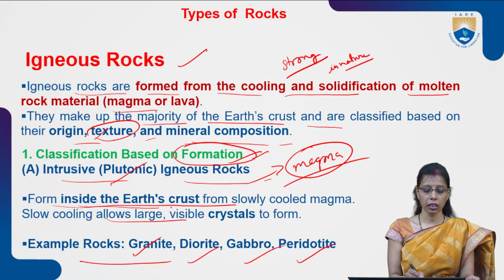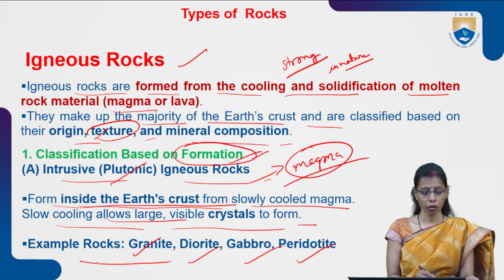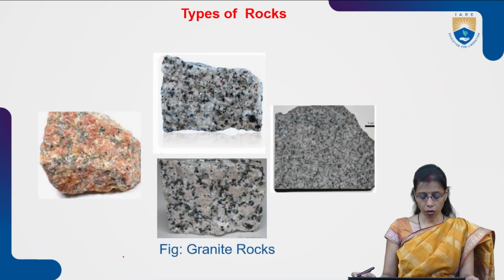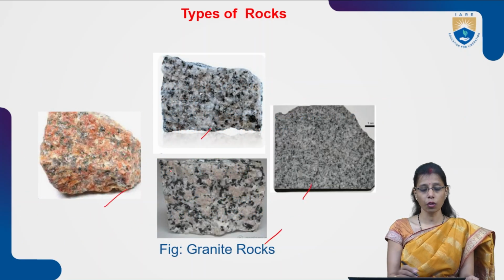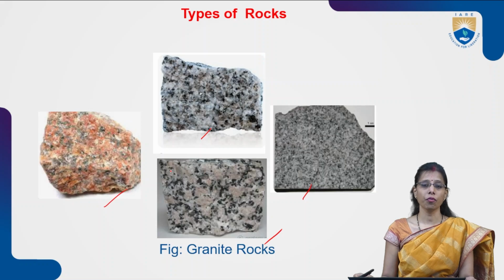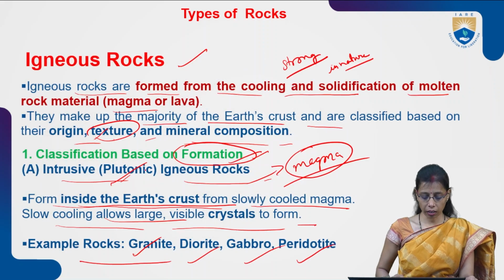Now from inside the earth crust, from slowly cooled magma, slow cooling allows large visible crystals to form. For example, here you can see granite. Granite is one of the rocks which is formed by the intrusive, or we call it plutonic, igneous